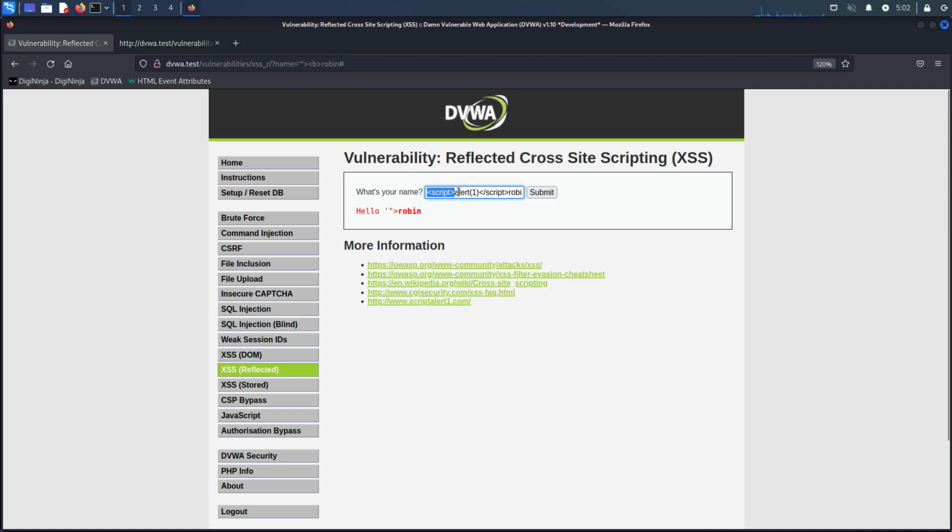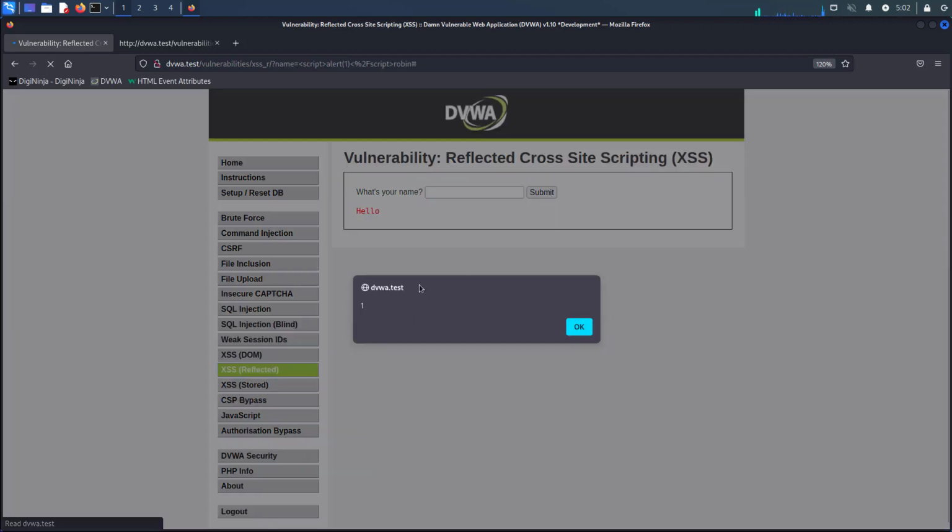Using these script tags, what I will do is I will say, this is the code I want to run. And in this case, it's an alert, pop up an alert box. Alerts are the default go-to things for demonstrating cross-site scripting. So we're going to say script tags, show me an alert box, and then put my name. Hopefully, if we submit this, we get our alert box that shows the JavaScript's been run,